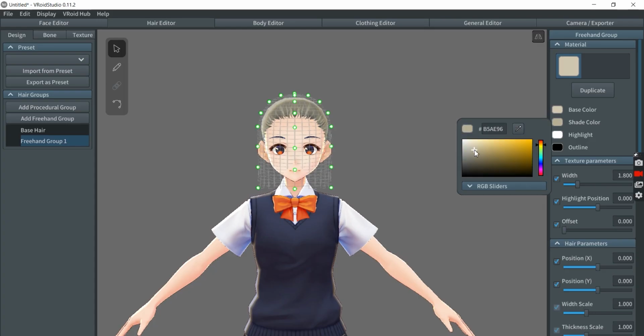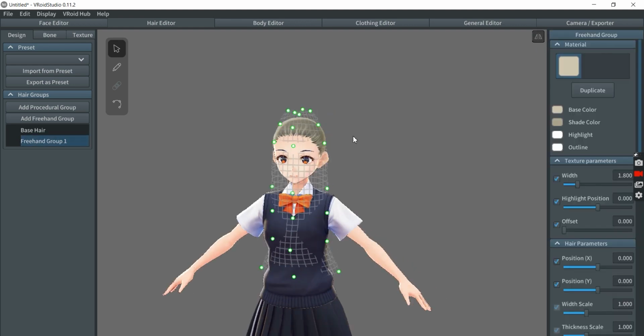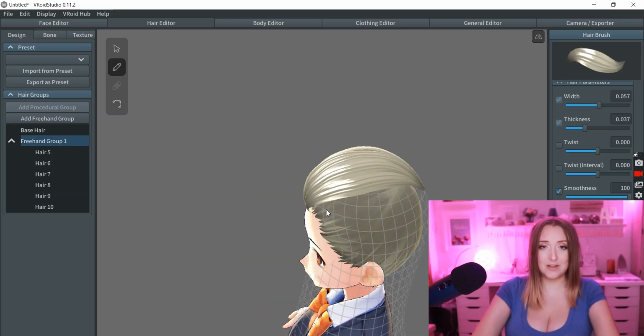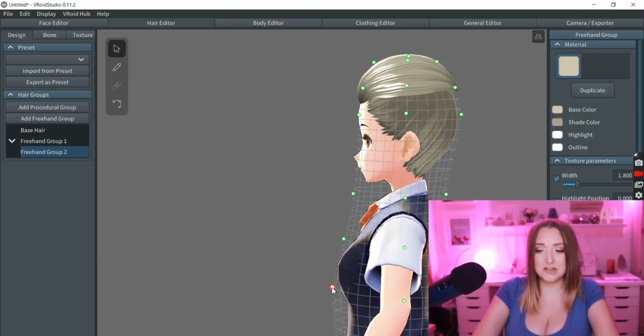So to start off this whole journey, I ended up making her hair in VRoid Studio, which, if you haven't heard of this, is a free program where when you make something in here, you can actually sell it. And it's really cool because it's completely customizable. You can make all different shapes and colors of hair, and then you can add the bones and have it all ready to go, export it, and then import it into Blender really easily with a VRM importer. So I love using this.